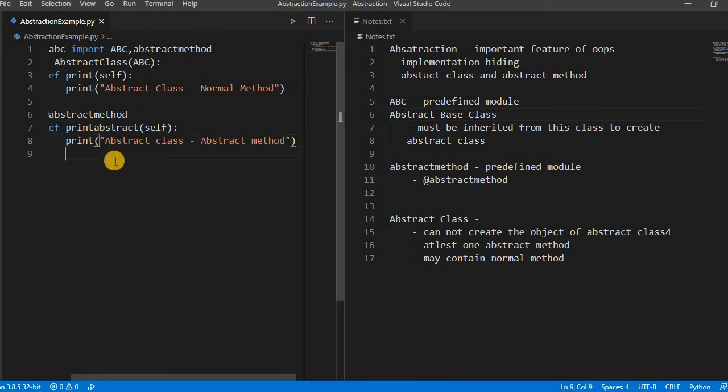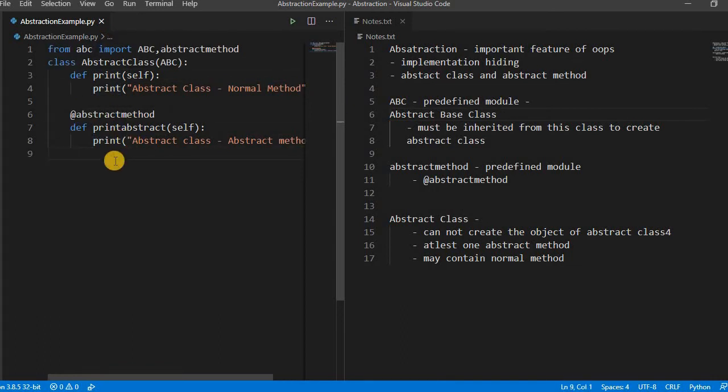Let's take an example, and then let's say class ChildClass. It must inherit from AbstractClass because we cannot create the object. Okay, I will show you also. If you create the object, it will say that you cannot instantiate the abstract class.